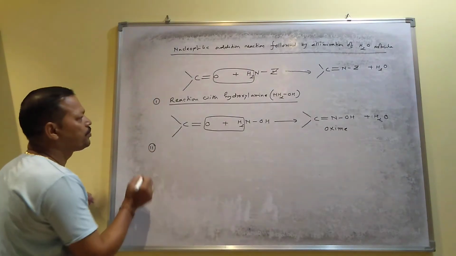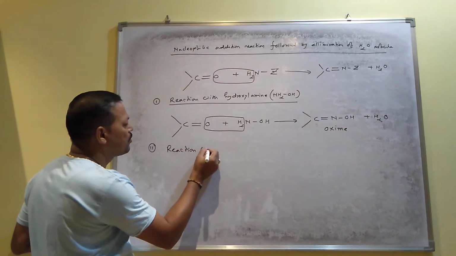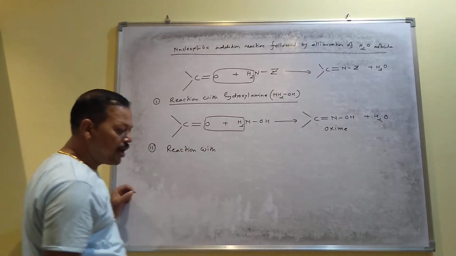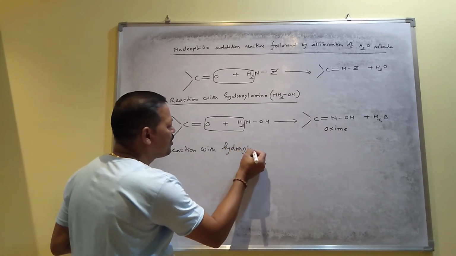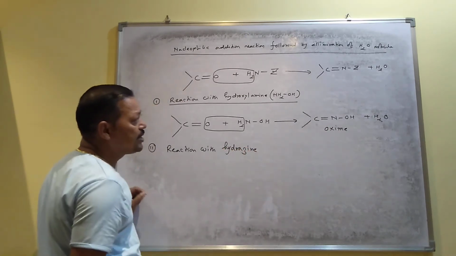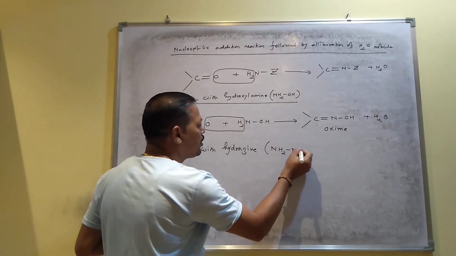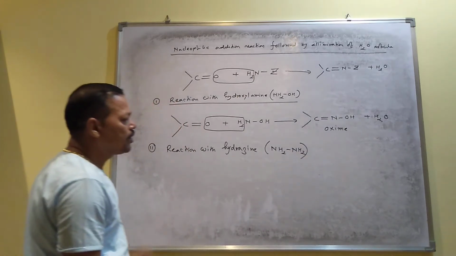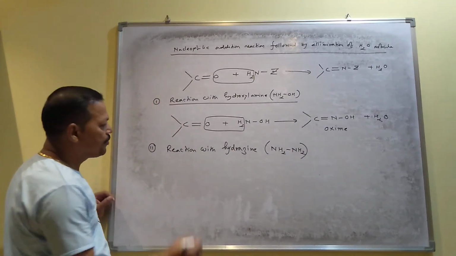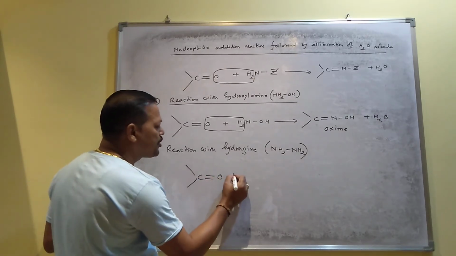Number 2, reaction with hydrazine. Hydrazine is another example of ammonia derivatives. Its formula is NH2NH2. I mean the hydrogen of ammonia is replaced by an NH2 group. Then the compound is called hydrazine. So when an aldehyde or ketone reacts with hydrazine,